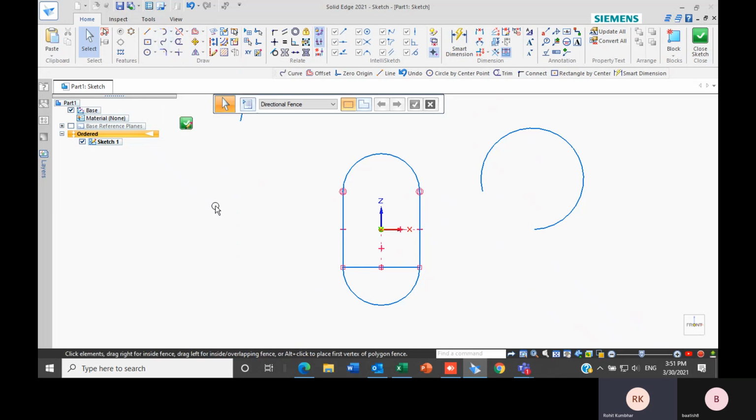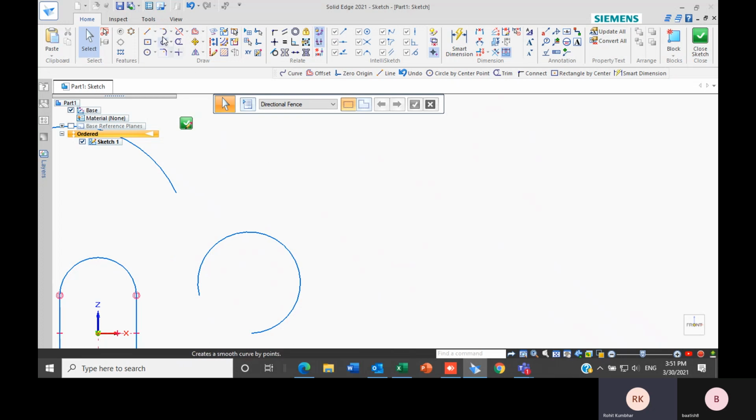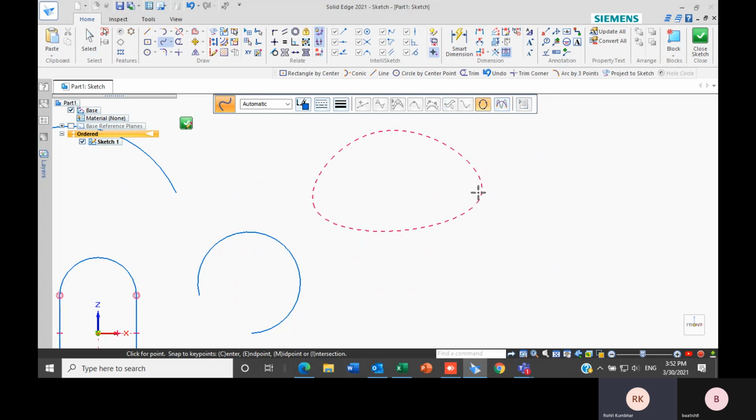Our next option is curve. As I was saying previously, if I want to create a curve at a specific distance on specific points, I can create the points beforehand, or I can just click on random points to create the curve. As you can see here, the curve which I have created is a closed curve.